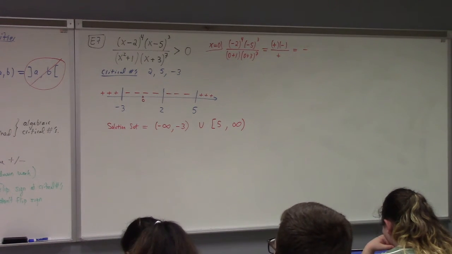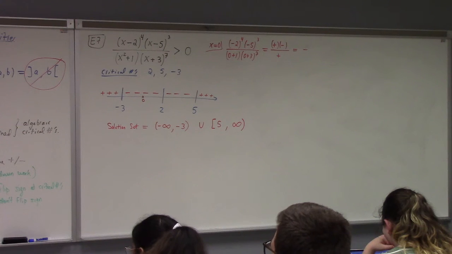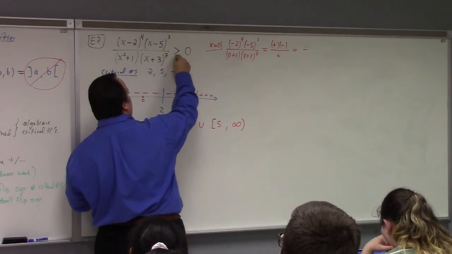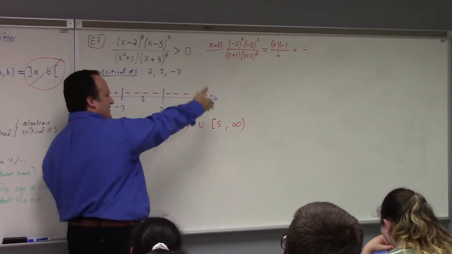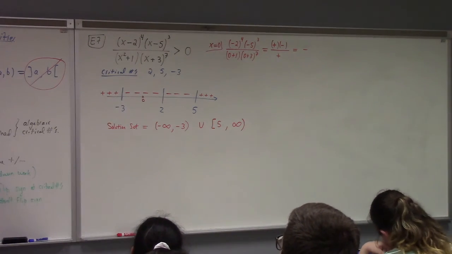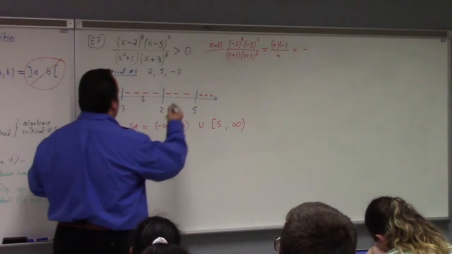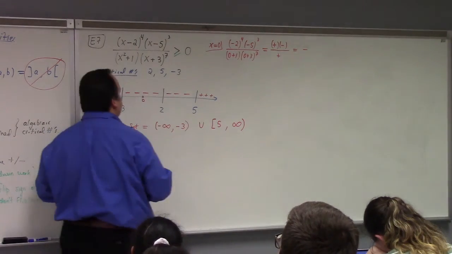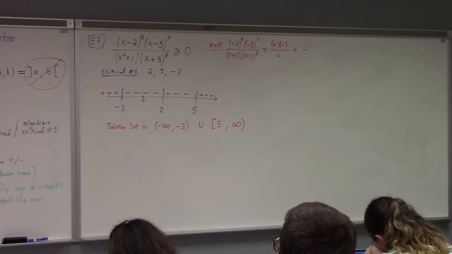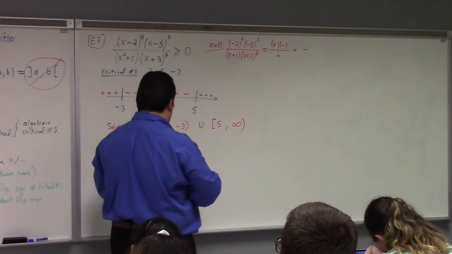Oh, wait a minute. No, we're not. Actually, as it stands, great. That's the answer. Except it's not. I'm an idiot. Because this wasn't, it was greater than. I'm assuming what when I write that? Greater than or equal to. My bad. Sorry. I was answering greater than or equal to, but I have written greater than. Yeah, there's a difference. So, yeah? If it's greater than, 5 would not be included.